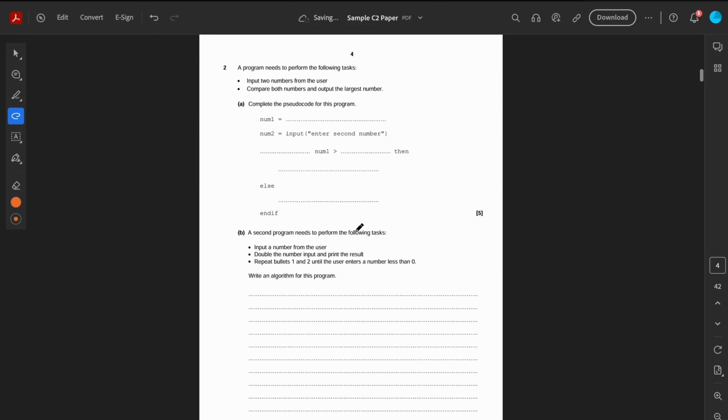Next one, a program needs to perform the following task. Input 2 numbers from the user, compare both numbers and output the largest of the numbers. So now nicely enough, the exam board's actually given us how to take the first bit anyway. So we're going to input,